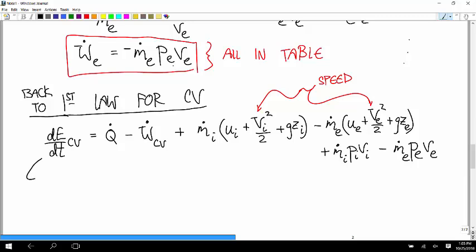And now let's notice that we have MI dot times a bunch of stuff happening at the inlet minus ME dot times a bunch of stuff happening at the exit. Might as well pull those inside. Those sort of fit that pattern. So we can rewrite this as